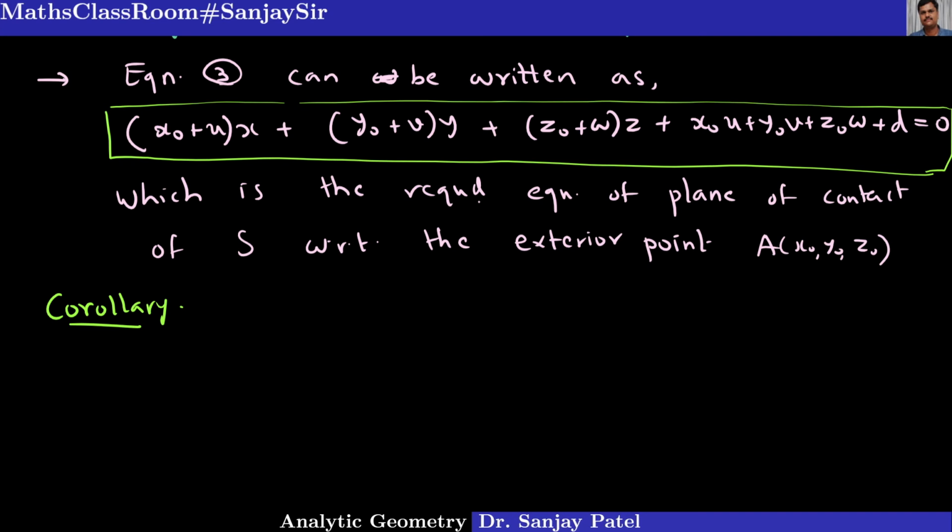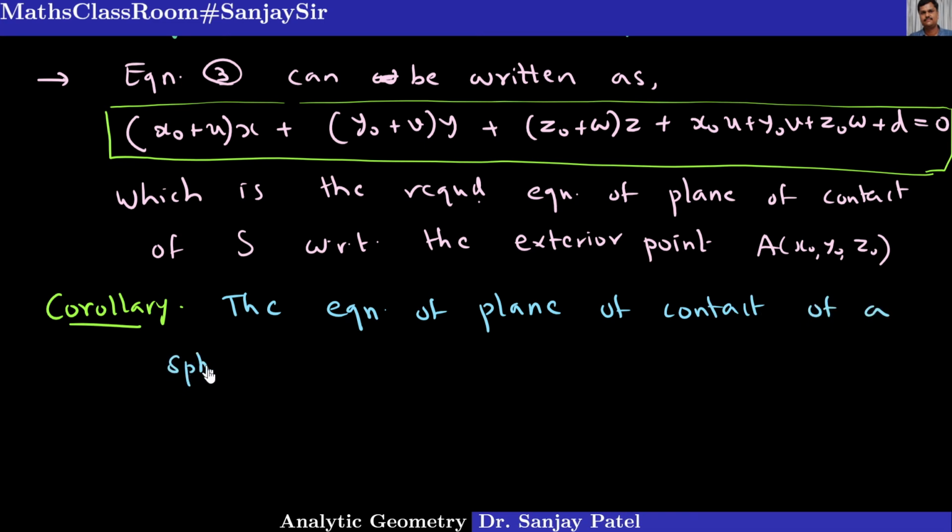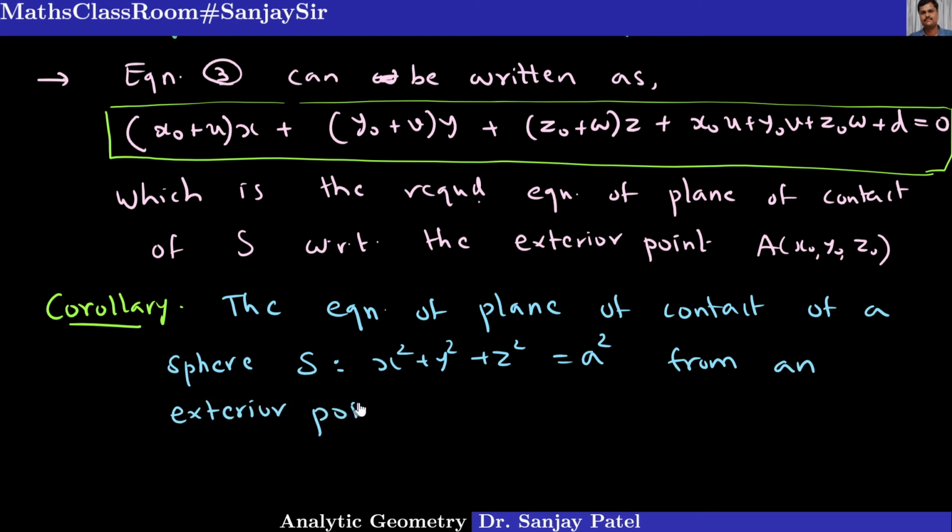So let me write this way: the equation of plane of contact of a sphere S given by x square plus y square plus z square is equal to a square from an exterior point capital A x0, y0, z0 is given by